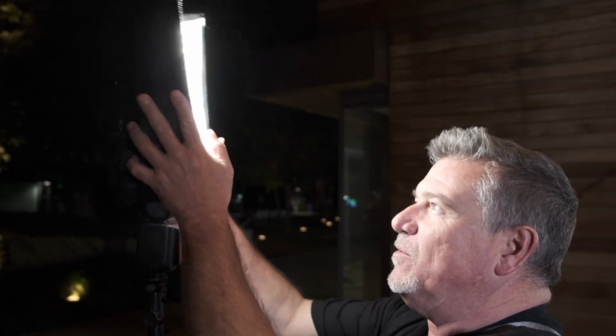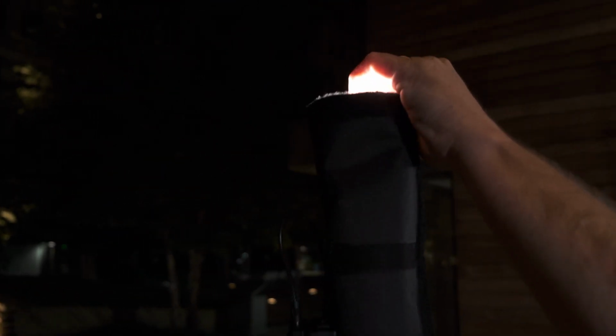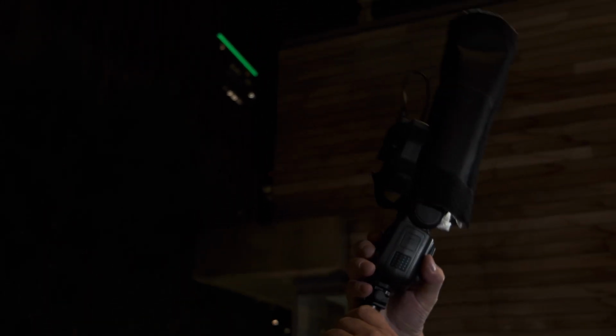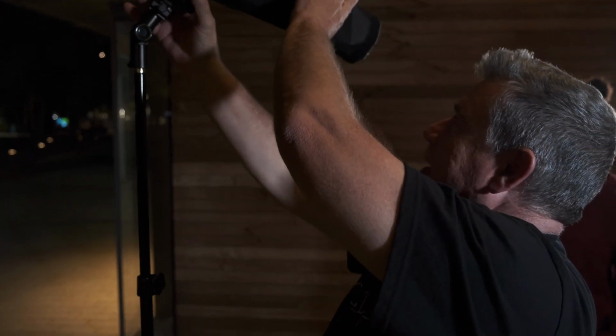All right, so our secret trick that we have that most people don't think about is this flexible LED makes an outstanding LED snoot with the flash built in. So since it's bendable, we just go ahead and bend this all the way down to create a snoot that allows us to do a more dramatic light. And now we're going to go ahead and take this up. The knuckle actually comes with the units, and then we can aim this down a little bit